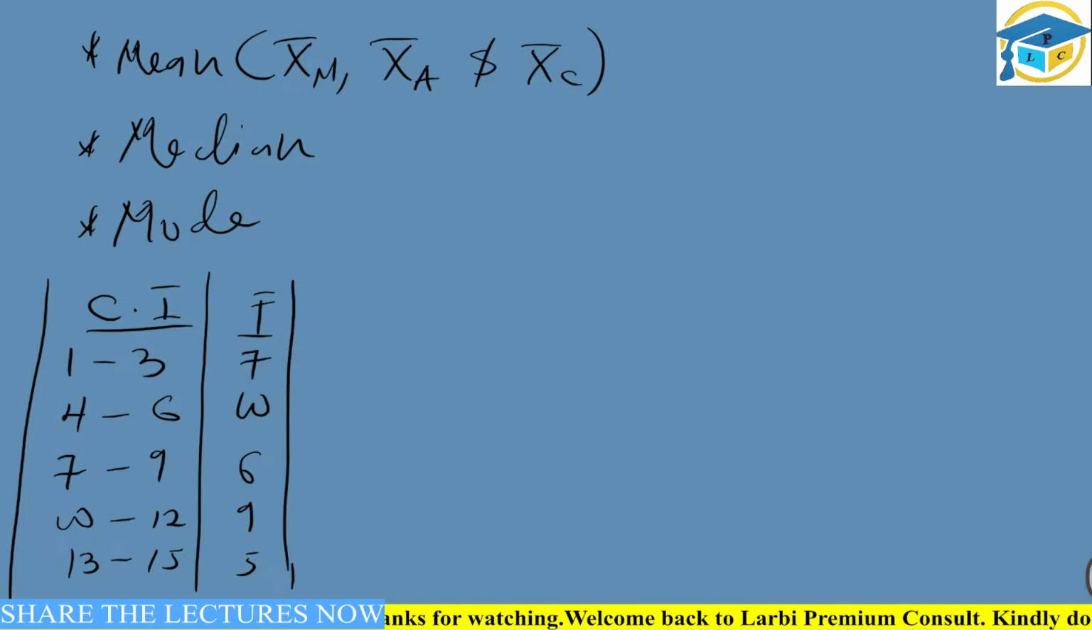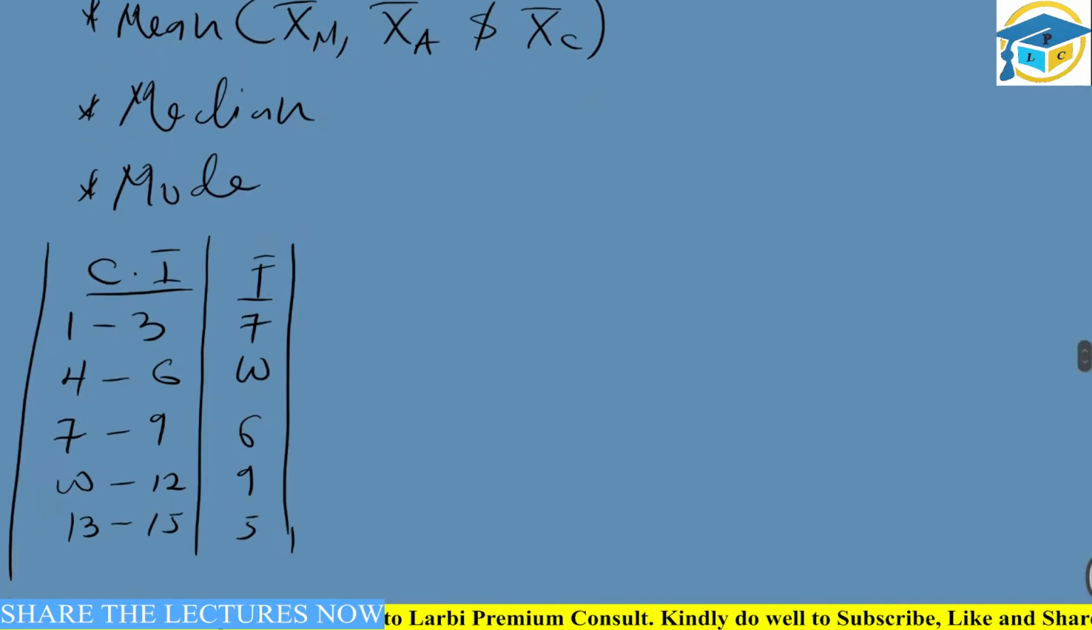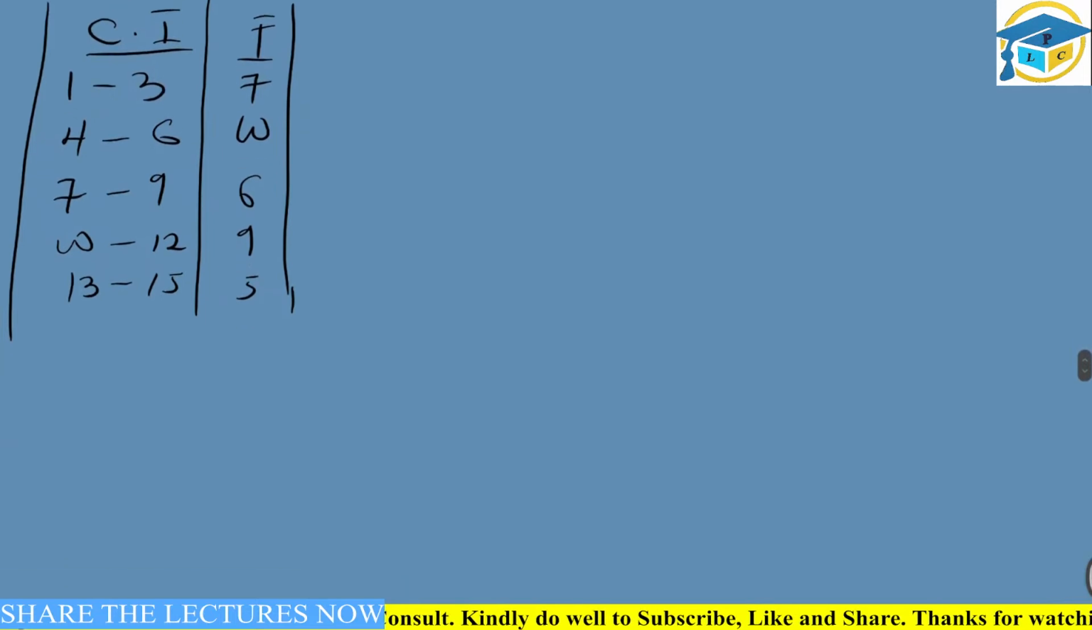Find the mean, the normal mean, the assumed mean, and the coding mean. Then find the median, and then the mode. So let's begin by finding the mean using the general formula, the normal mean. To find the mean for a general or normal mean, it is